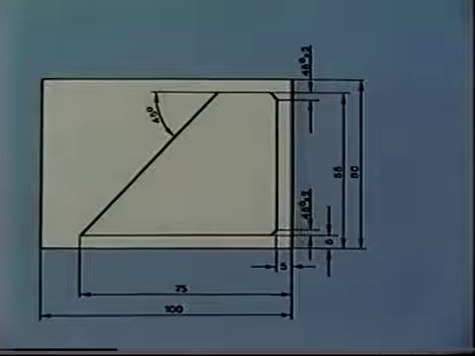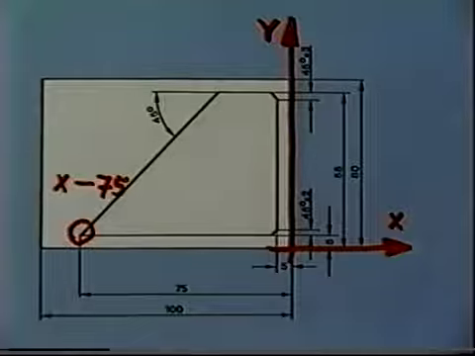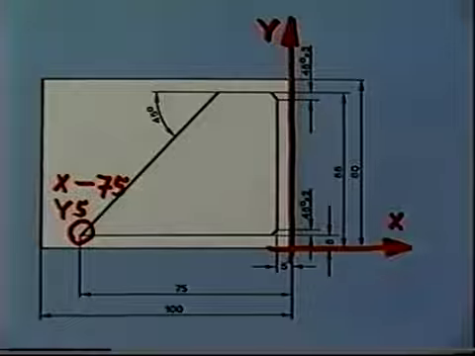In this example, most of the dimensions are based on the lower right-hand corner. So that's the best location for the workpiece 0 point. Up to now, we've only had to identify points on the x-axis to the right of the 0 point. Now our set point positions are located to the left of the 0 point, too. Coordinates located in an axis direction opposite the 0 point are given negative prefix signs. This point, for example, has the coordinates x minus 75 and y 5.